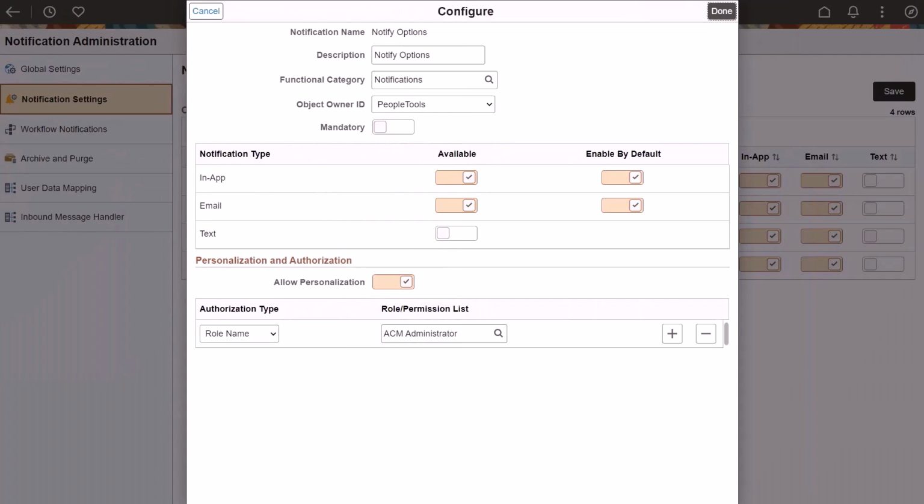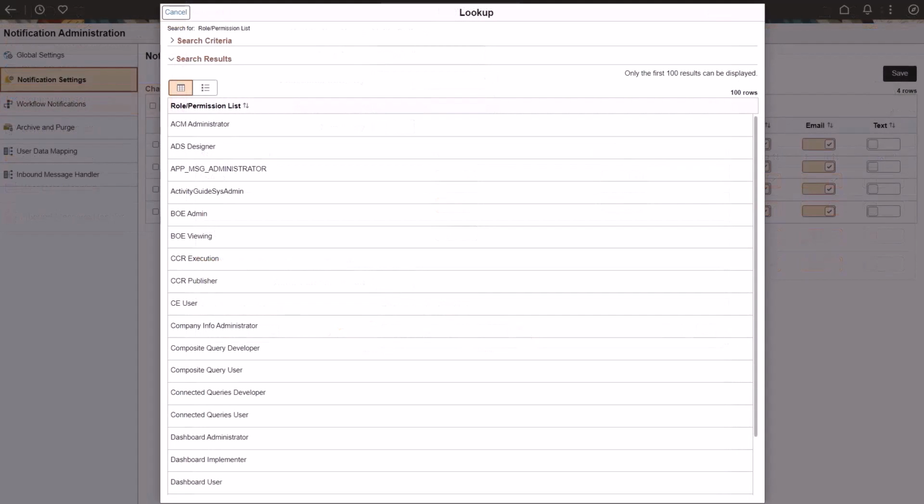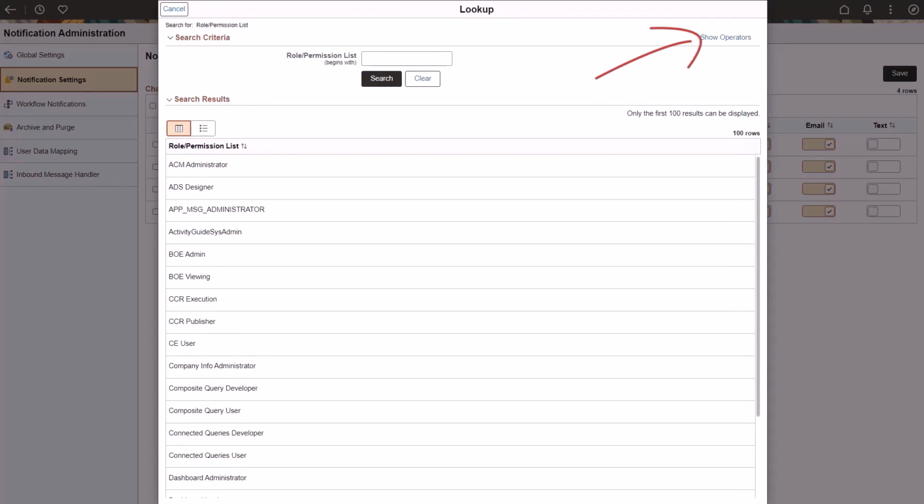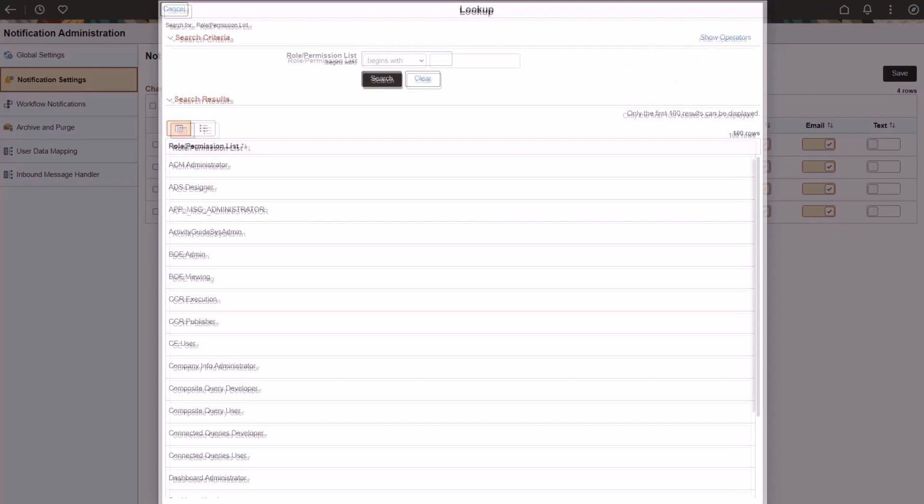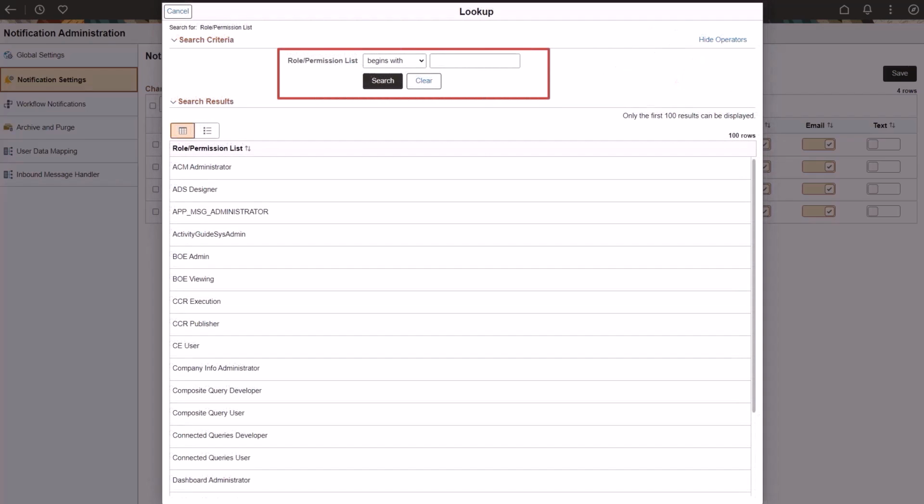Fluid prompt page enhancements improve the user interaction with the search criteria. In Fluid, the search criteria on the prompt lookup page are automatically collapsed by default. To use the criteria, you have to expand the search criteria and then select the Show Operators link to access additional search operators. In this release, you have additional configuration options to control the behavior of the Fluid prompt page